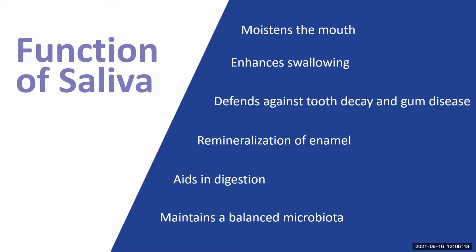Saliva also plays an important role in digestion, thanks to its amylase enzyme. Digestion begins in the mouth when amylase breaks down starch, maltose, and dextrose into smaller molecules. Saliva also plays an important role in maintaining a balanced microbiota. Thus, the multiple functions provided by saliva are essential for proper protection and functioning of the body as a whole